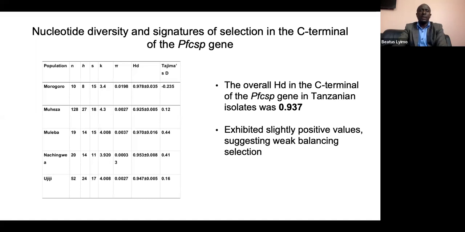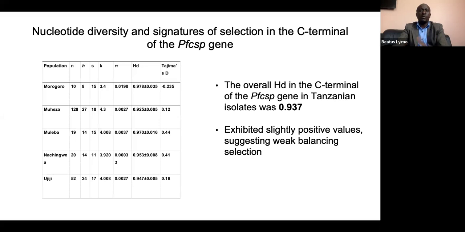We further measured the other signature of selection, like Tajima's D, and from these results, most of the regions exhibit a slight positive value, which shows balancing selection, with the exception of Morogoro. The haplotype diversity did not show very much difference,